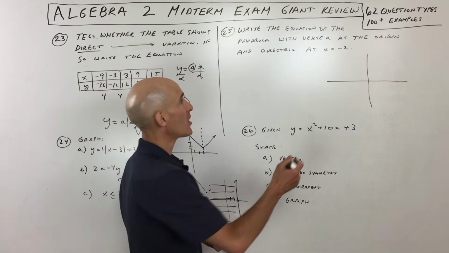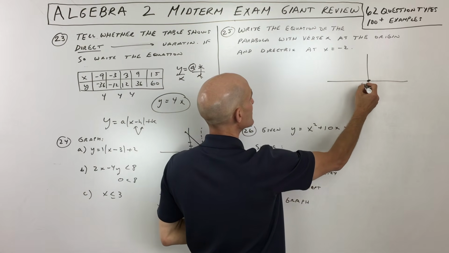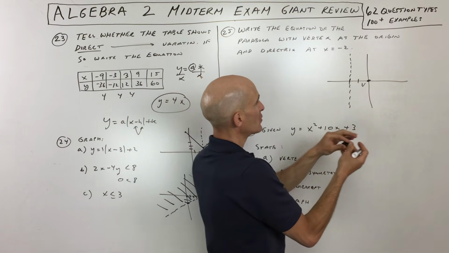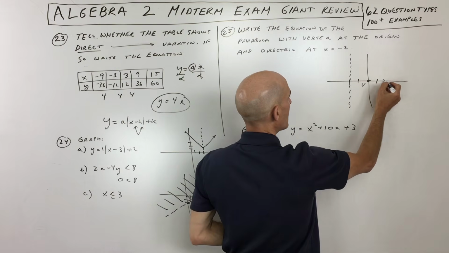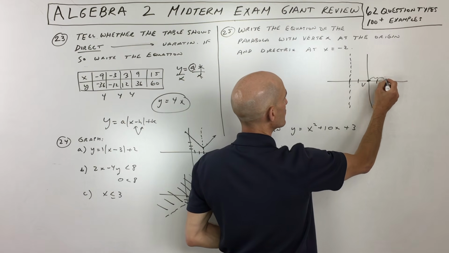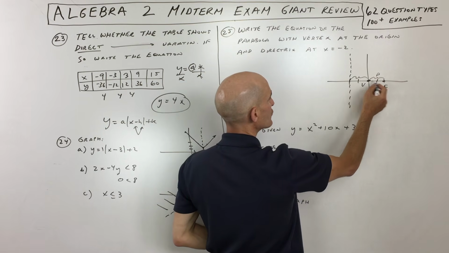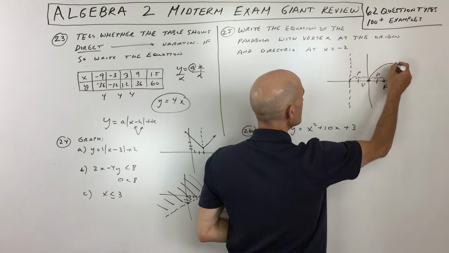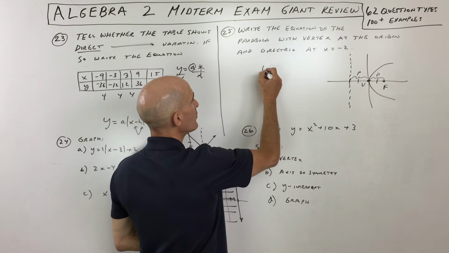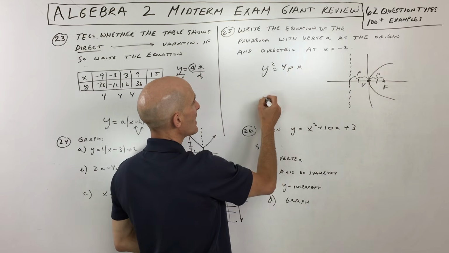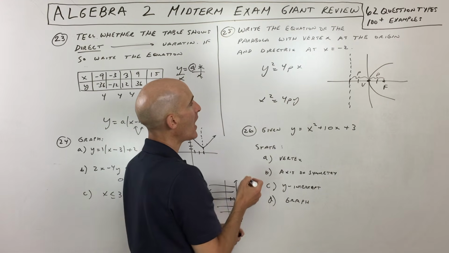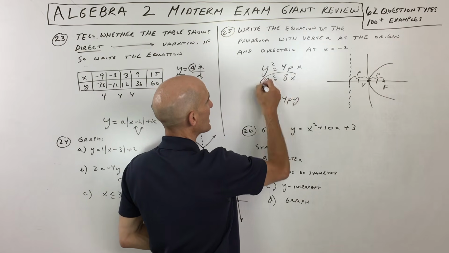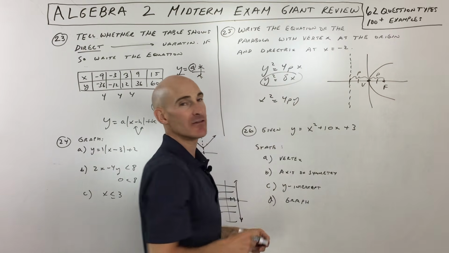Now I always like to draw a picture, it just helps me visualize a little bit better. So that's the vertex. The directrix is at x equals negative 2. That's a vertical line. And so that means it's going to be opening away from the directrix. And the focus is going to be over here. It's going to be the same distance, we call that distance p, from the vertex to the directrix or the vertex to the focus. And in this case, you can see that p-value is 2. Okay, so the equation when it's opening to the left or right is going to be y squared equals 4px. If it opens up or down, it's going to be x squared equals 4py. So basically in this case, we're looking at y squared equals 4 times 2, which is 8x. If it opened to the left, then this would be a negative 8, okay?